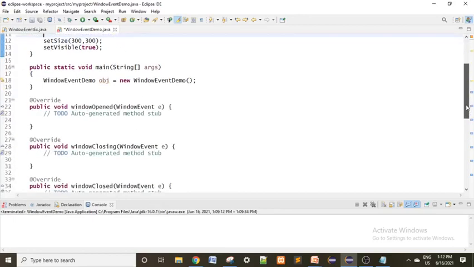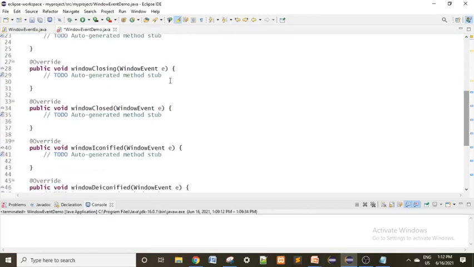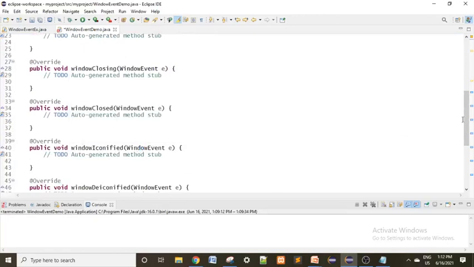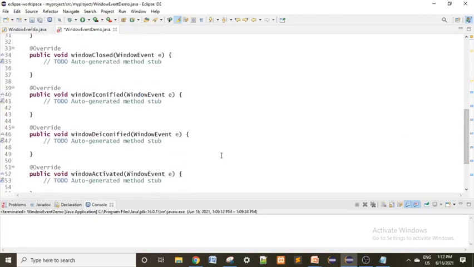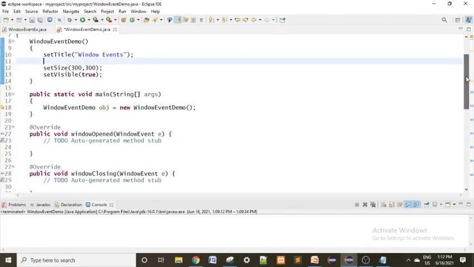Now you can see the first one is the main method, skip it. Then windowOpened, windowClosing, windowClosed, windowIconified, windowDeiconified, windowActivated, windowDeactivated. These are the total 7 methods I am overriding. When you use this technique, you can easily override.